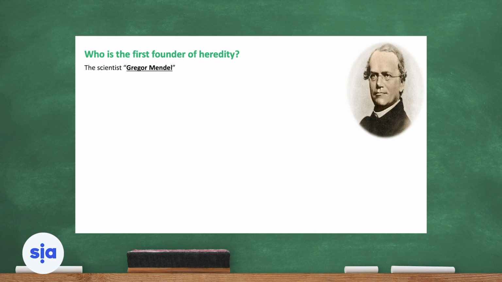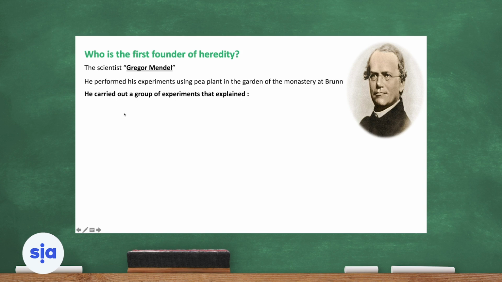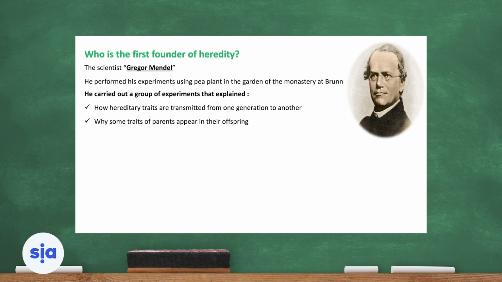Who is the first founder of heredity? Yes, the scientist Gregor Mendel. He performed his experiments using pea plants in the garden of the monastery at Brunn. He carried out a group of experiments that explained how the hereditary traits we talked about are transmitted from one generation to another,